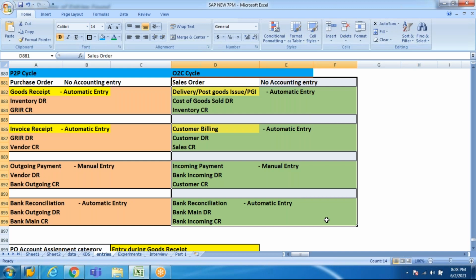Once the basic part is clear, I'll give you some assignments, some questions or points, which you can even Google; you get a lot of theoretical information on it. I'll tell you what information you need to gather, and if you prepare that information, it is more than sufficient to clear any interview on this FIMM, FISD topic. It is a mandatory topic in every interview. If it is a FICO interview, this question is mandatory, and they expect us to be very specific, very confident, very accurate,